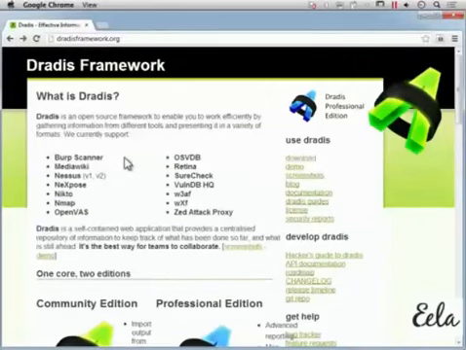So you can see here it supports Burp Scanner, Nessus, Nexpose, Nikto, Nmap, OpenVAS, OSVDB, Retina, SureCheck, and a number of other tools that are pretty common in doing penetration testing or ethical hacking. So we've got this Dratus framework, and it gives us the ability to import all of the data from all of these, and as it says here, it provides a centralized repository of information,